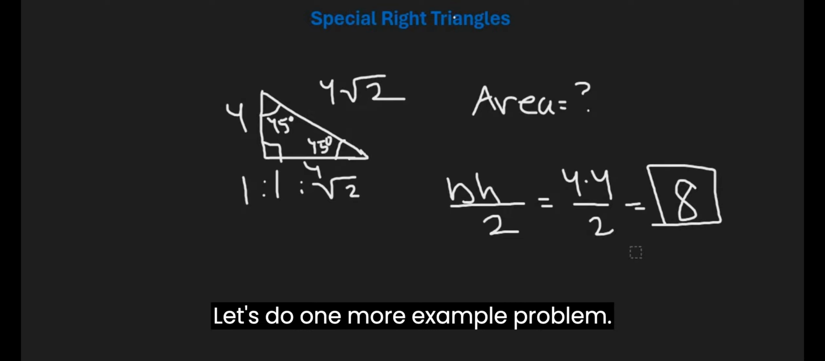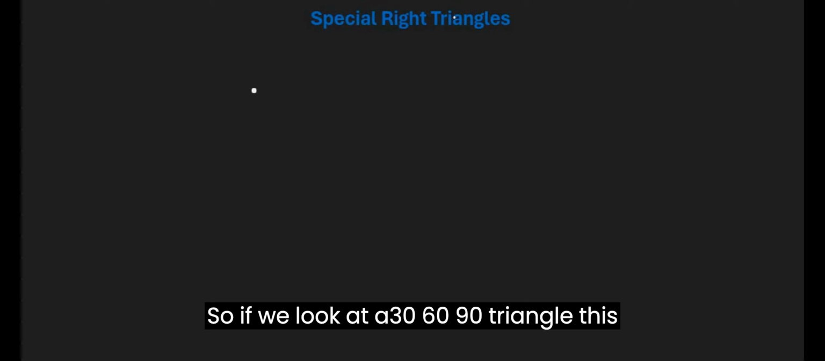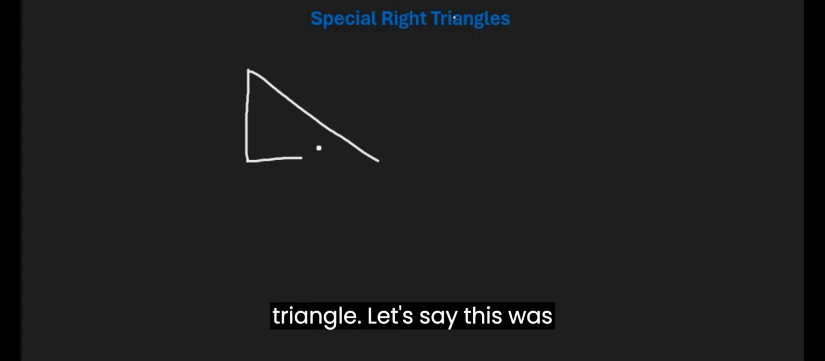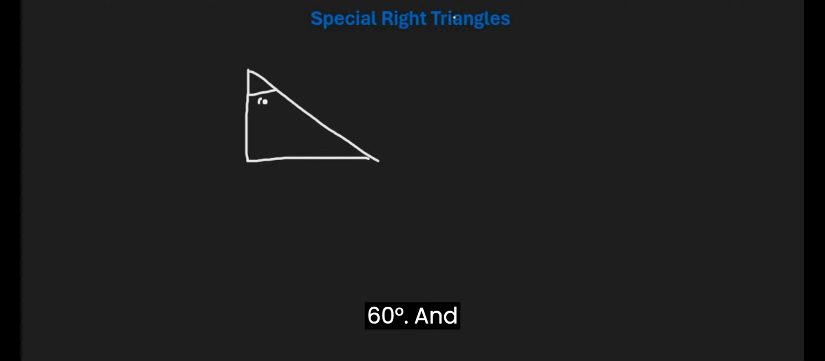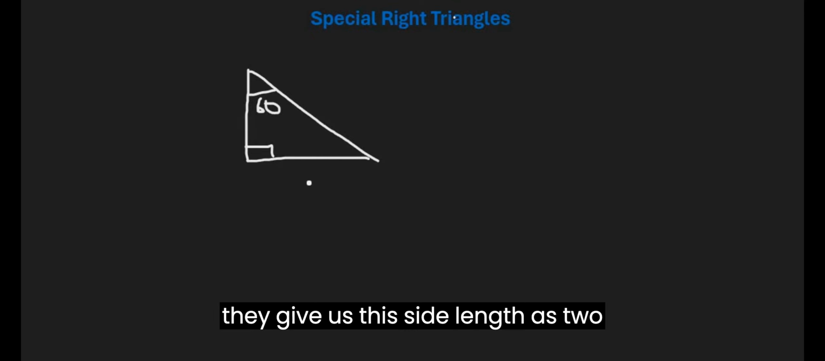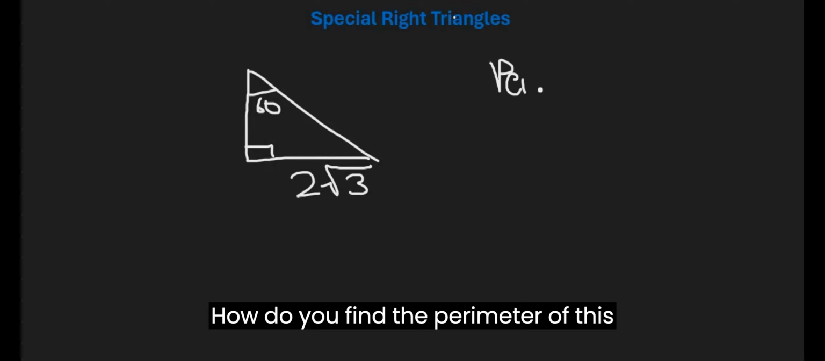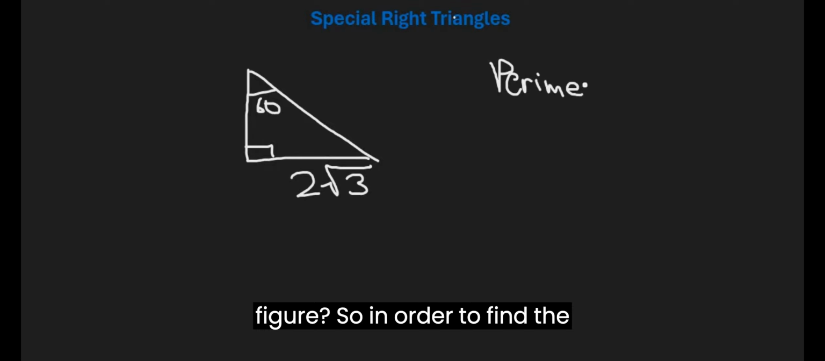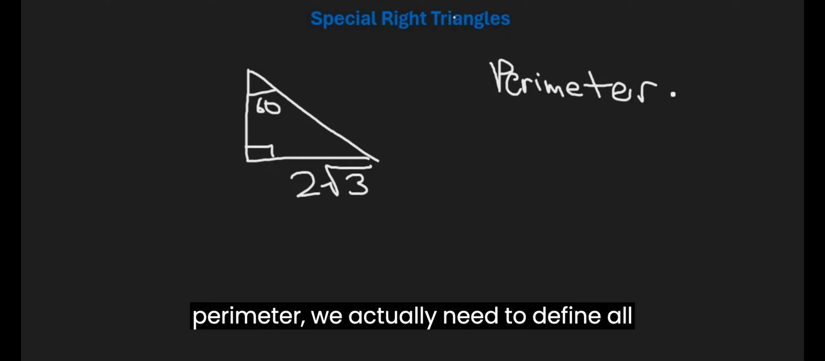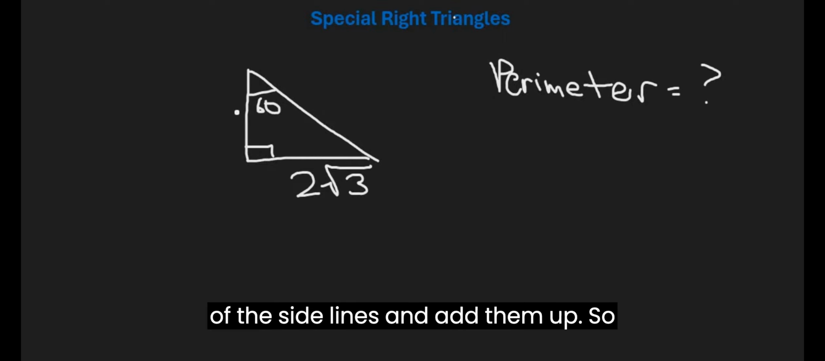Now let's do one more example problem. So if we look at a 30-60-90 triangle this time, let's say we're given another triangle. Let's say this one's 60 degrees. And they give us this side length as 2 square root 3. How would we find the perimeter of this figure? So in order to find the perimeter, we actually need to find all of the side lengths and add them